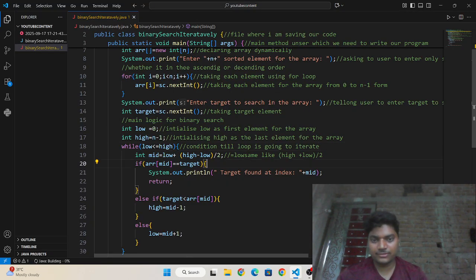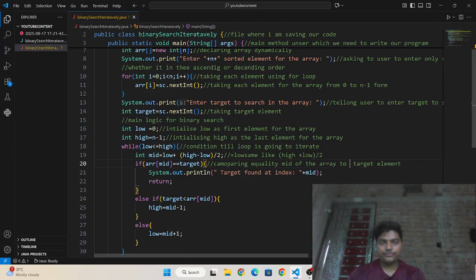And then comparing equality of the mid of the array to the target element.